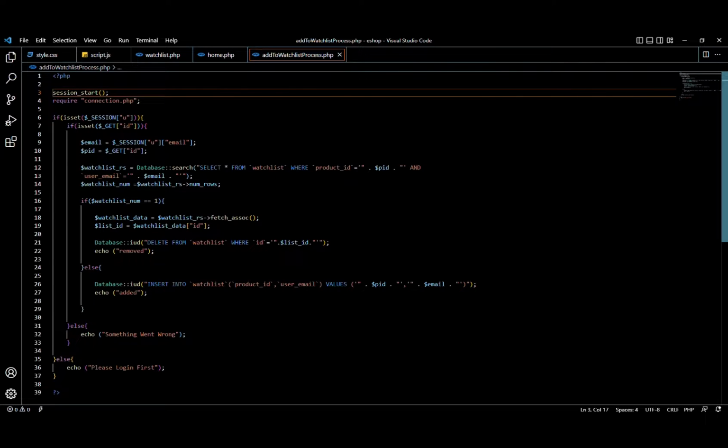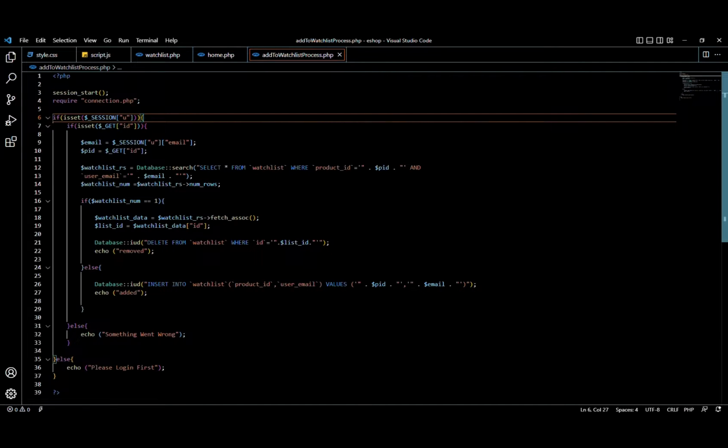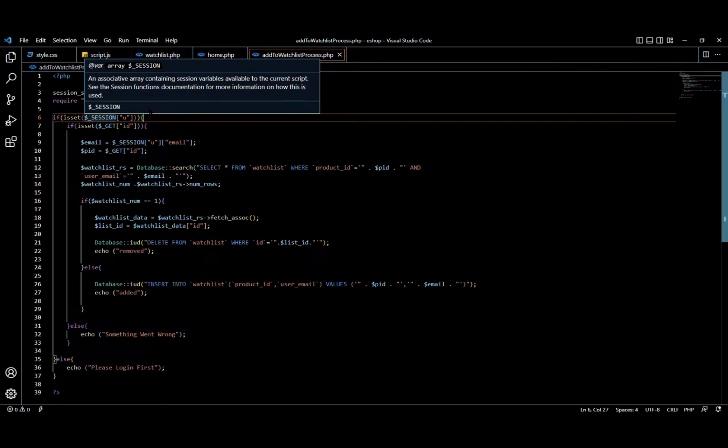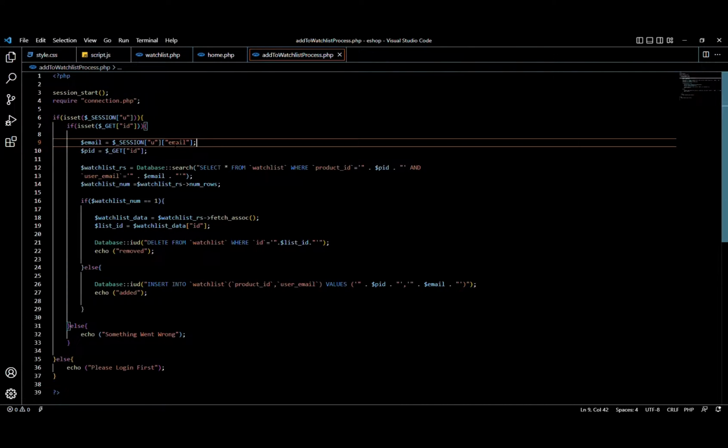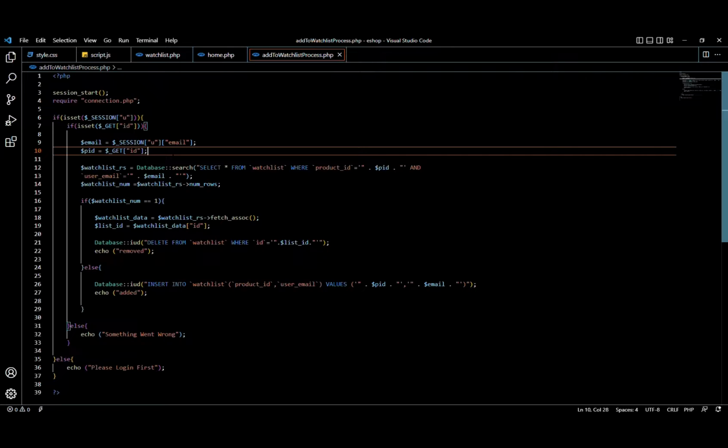So that means basically we are taking the cookie, and here if there is a user for our session, we get the ID for our product, and we introduce the variable name $email for the email of the user in this session, and similarly $PID for the ID of the product which we get from our form in this session,